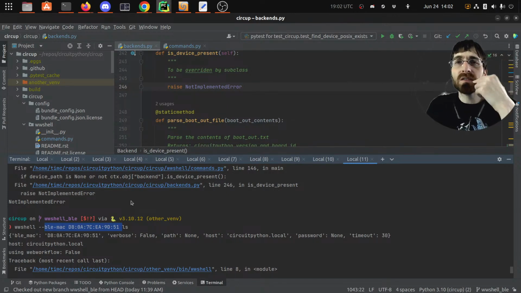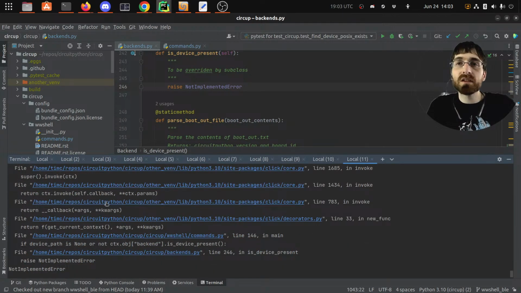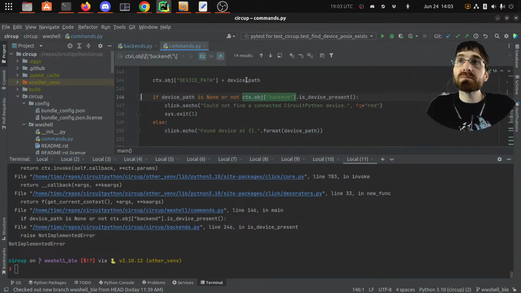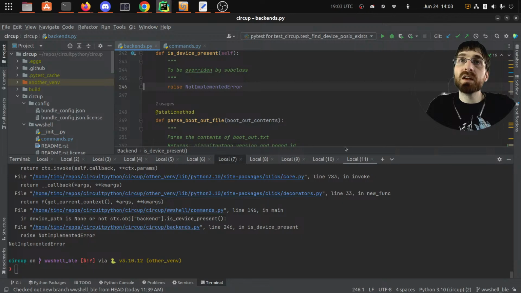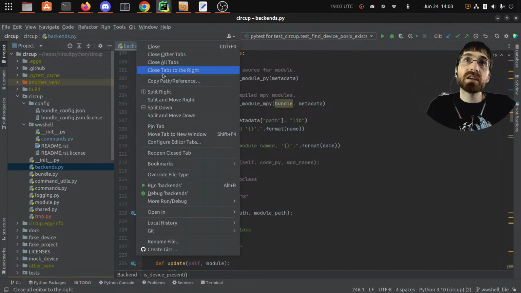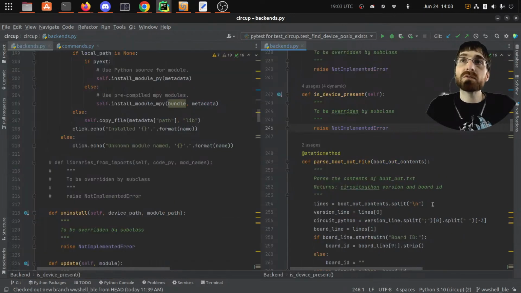Although the code that used Blinka BLE IO was actually doing that part, so I need to figure out how that worked and do it with Bleak directly. Anyway, that'll be a different time. But one of the first things the backend tries is calling device present, and that fails because it's not implemented in the BLE backend. And I'm pretty sure if we take a look at the web backend, which I'm comparing this to most directly,